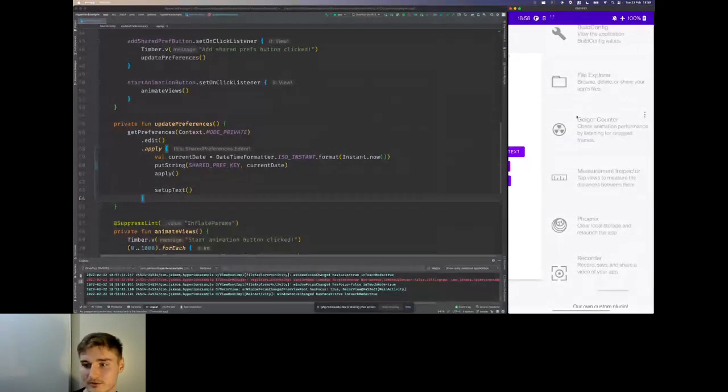So let's go to the Geiger counter. This one informs us about lost frames during animation. If animation is not built properly, or your phone is not very technically advanced, or any other reason, you can see that your app behaves slower, that animation is not fluent, or it doesn't look like it's supposed to.